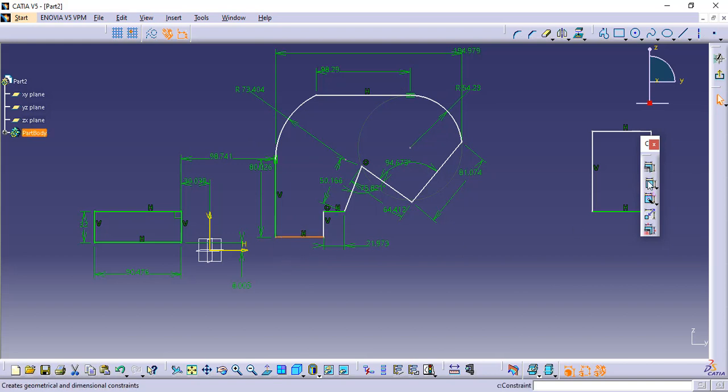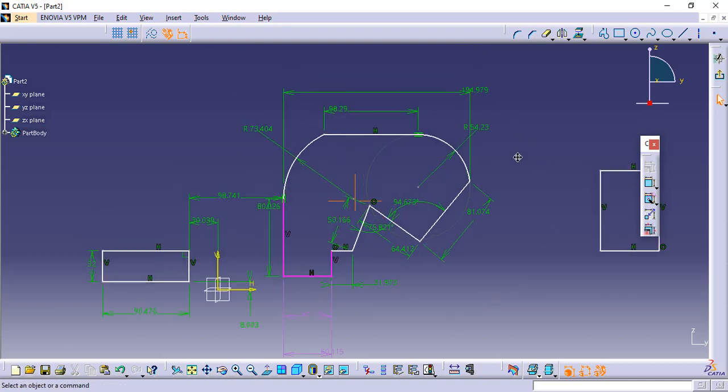If I put the dimension here, I will show you what over constraint is. Now this portion is in dark pink color, which defines that this sketch has over constraint. It means the dimensions I need to put on this sketch to arrest the 6 degrees of freedom, I have put more than that. A single dimension I have put 2 times, one of which is non-definable.